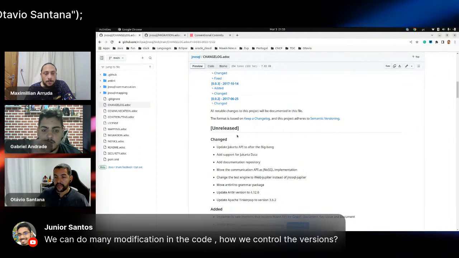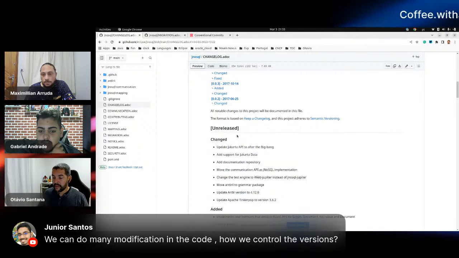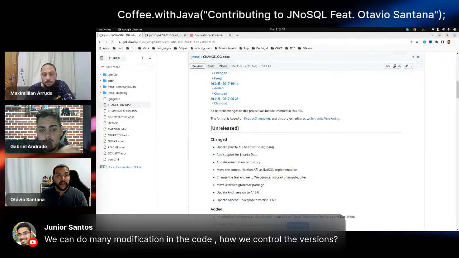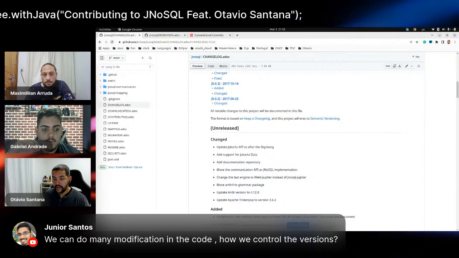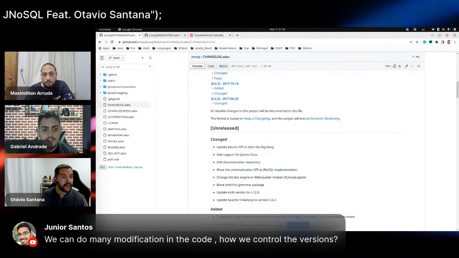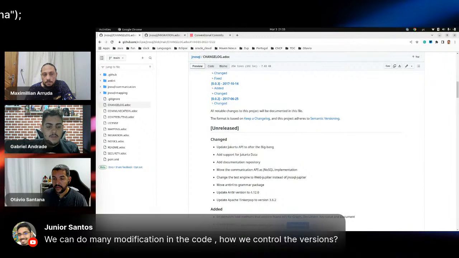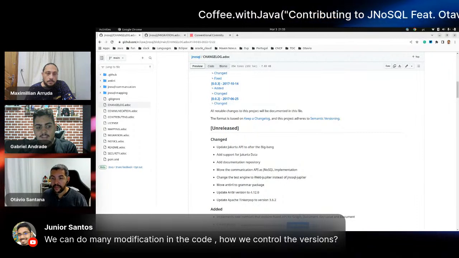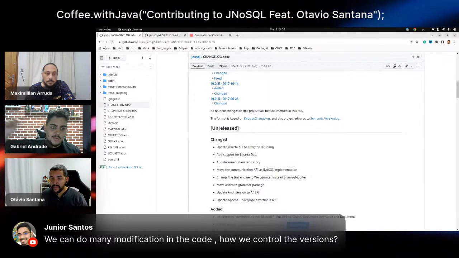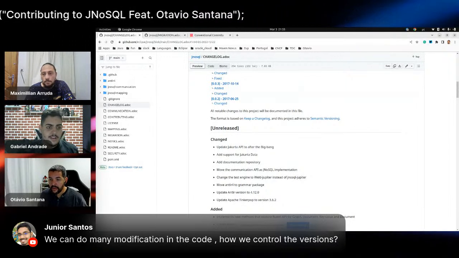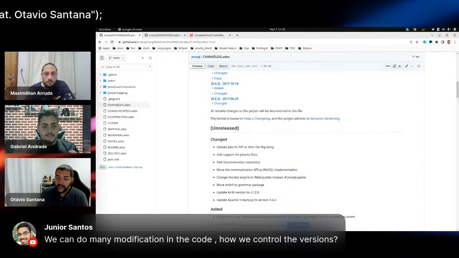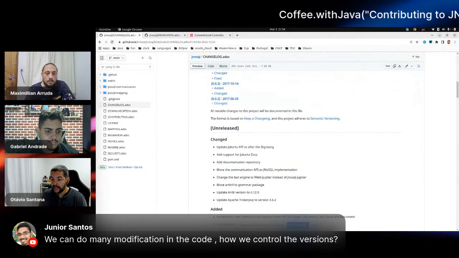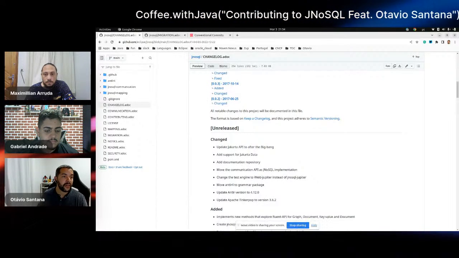And Otavio, I have a question about the versions and how you work to input new features and remove features. How is it processed in discussion, like you meeting a lot of developers and contributors to this project, or you decide, or Eclipse here decided I want to remove this, I want to put this, and how does it work? The discussion goes through two ways. One way is a mail list, and the second way is by issues.